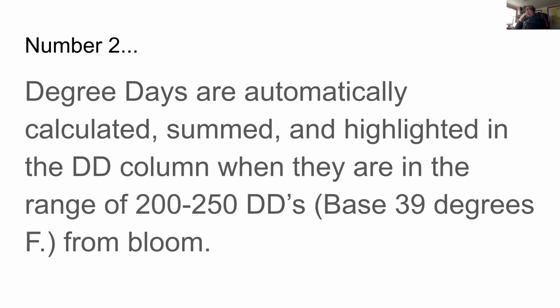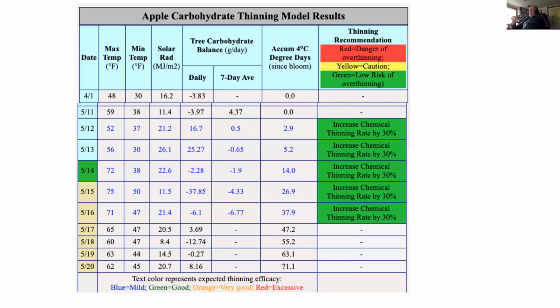Now, you may be able to guess when that timing is. I can tell you when it is, but typically that was when the fruits were from 8 to 12 millimeters in diameter. And just after these like 20 years of research trials, they discovered that this 200 to 250 degree days, base 39 degrees from bloom, was the sweet spot. So now after you click the calculate button,